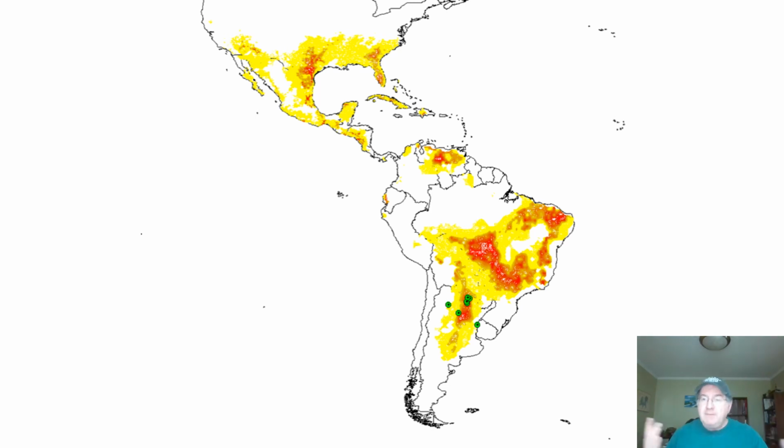And so find areas that match in the environmental variables and get your biological control agent there in order to bring it to the US or wherever you're introducing it. So they're very popular and a lot of utility, or a lot of theoretical utility, but it's really easy to get down into the weeds about lots of details to be concerned about in order for these things to be